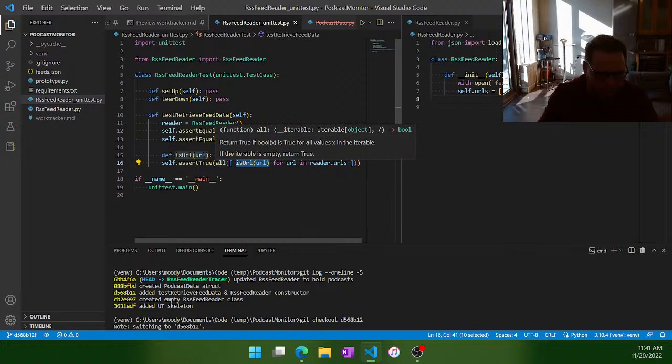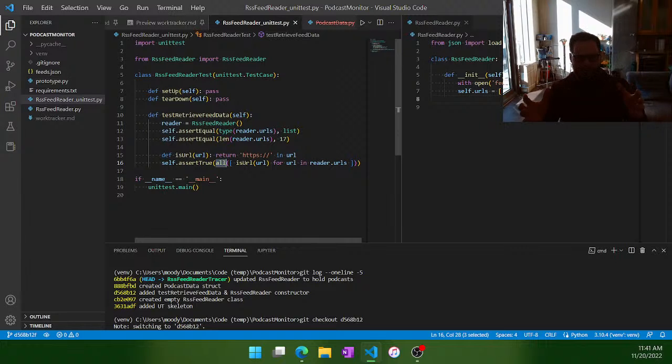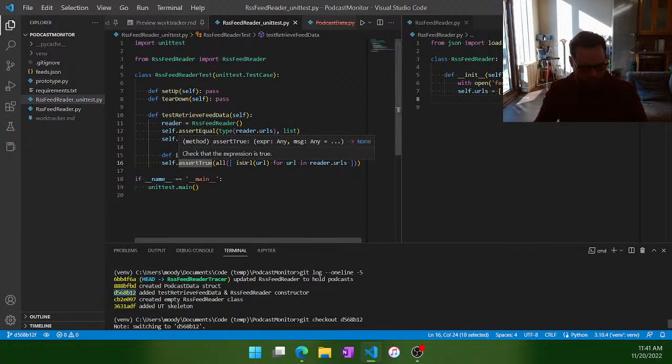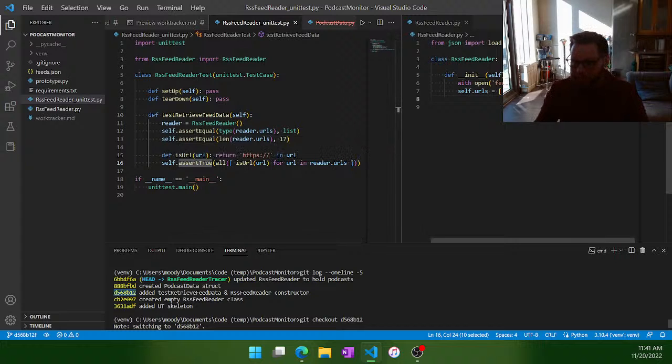And then we have the all that says that everything is true, and then gives us if every single one of these values that gets run through this method returns true, aka if every single one of these URLs has this in it, then this assert true holds. So we added that portion in there, and then in this case, we have the dictionary and returning the URL directly. So now let's go